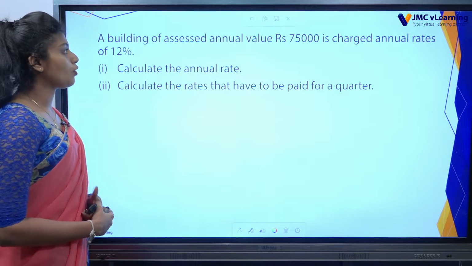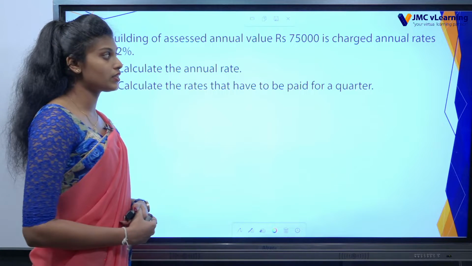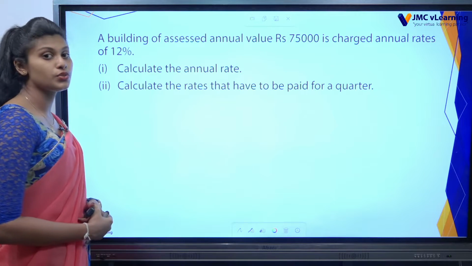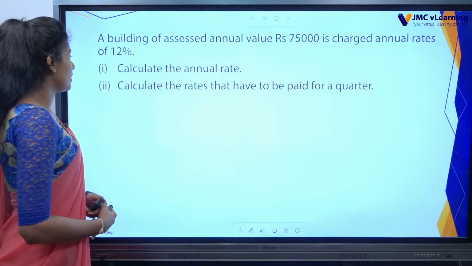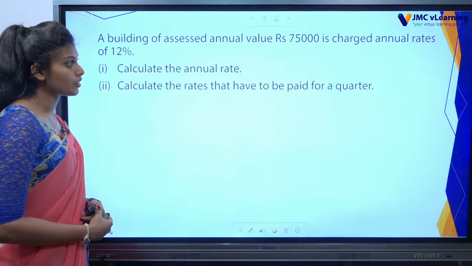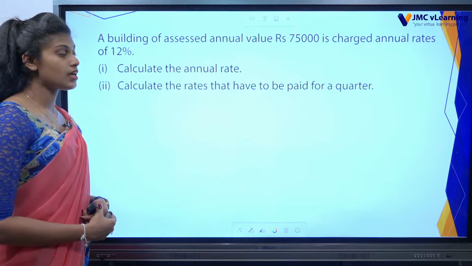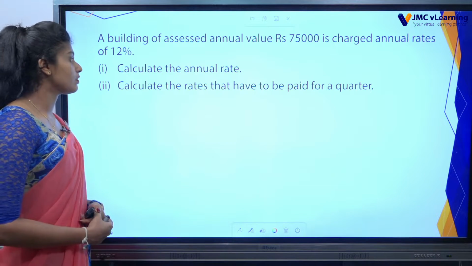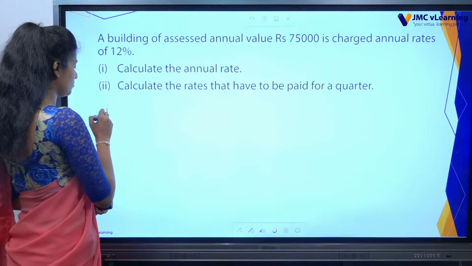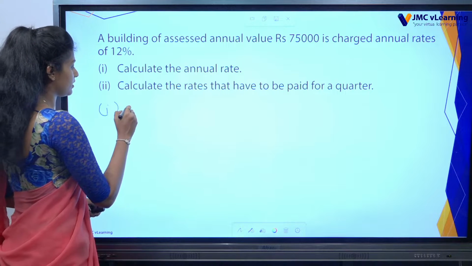Now let's do a sum about those rates. A building of assessed annual value 75,000 rupees is charged annual rates of 12%. Then the first part is to calculate the annual rate. How can you find the annual rate? The value is 75,000 rupees. The rate is 12%. Let's do the first sum. The annual rate is